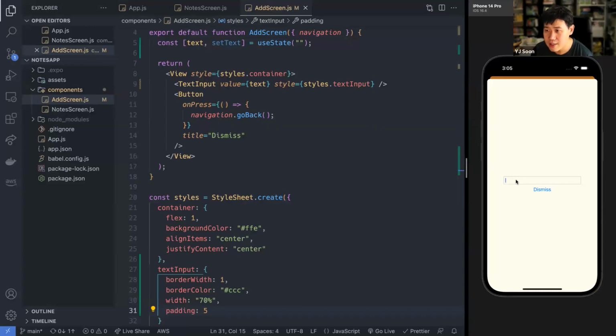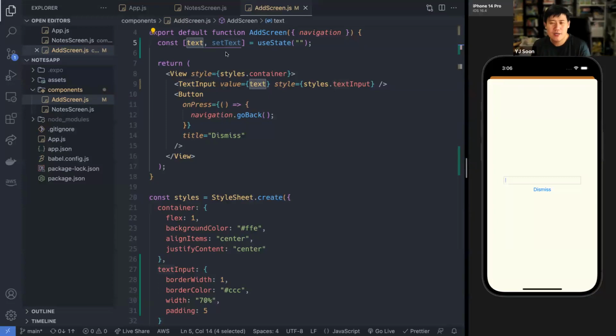However, notice what happens. What's going on? I try and type and then it keeps overwriting. The reason for that is that the value is tied to the state variable text. I try and type something in and it tries to update the state variable, but it can't. There's nothing telling the state variable to update. So the state variable is insistently sitting in the corner going, no, no, no, and then it resets itself back to what it is.